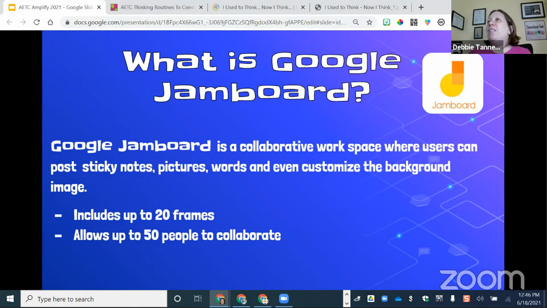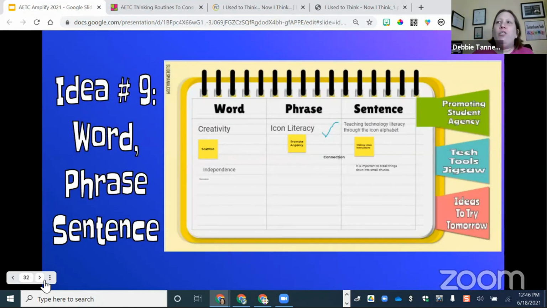And as I'm looking, I'm seeing some 2s and some 3s, which is great. Couple of 1s. So Jamboard, like I said, is a newer tool in my toolbox. I'm going to share 2 different examples using Jamboard. The examples that I'm sharing are things before Jamboard I might have done in a different program, but now I'm choosing to do them in Jamboard, and I'm going to explain why.